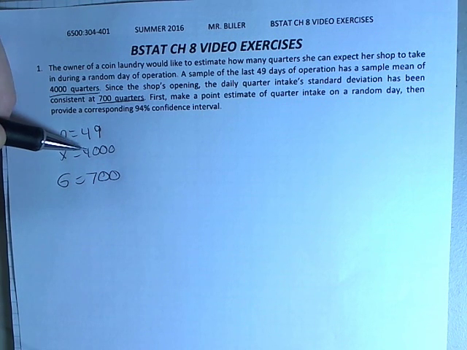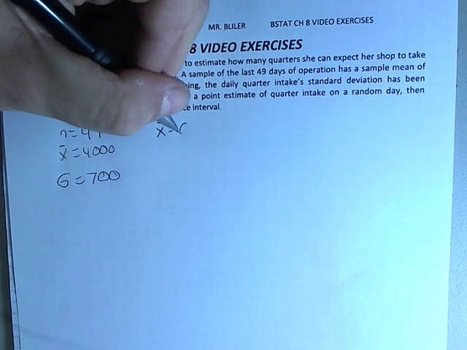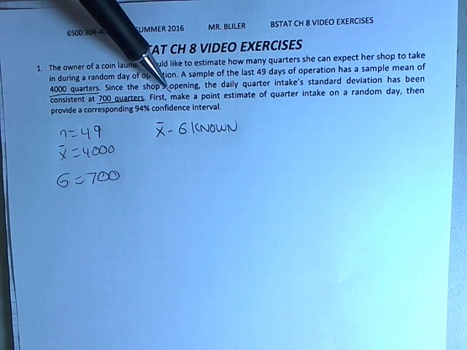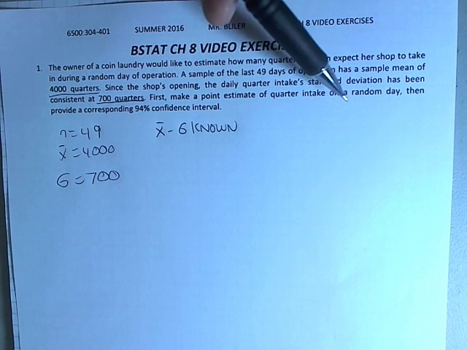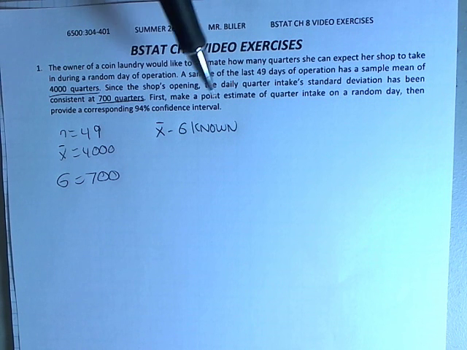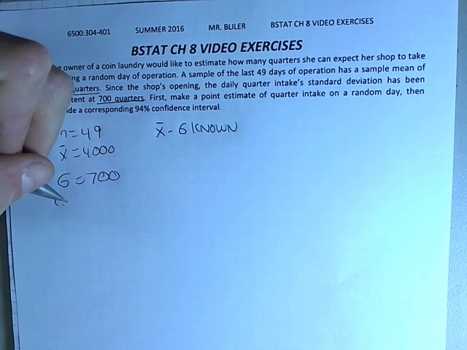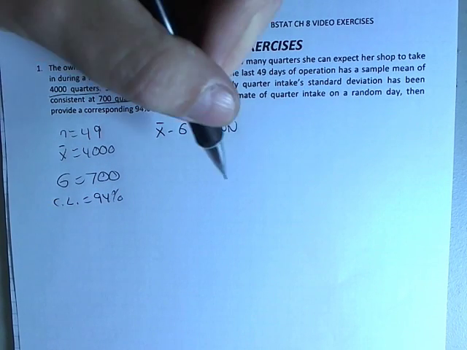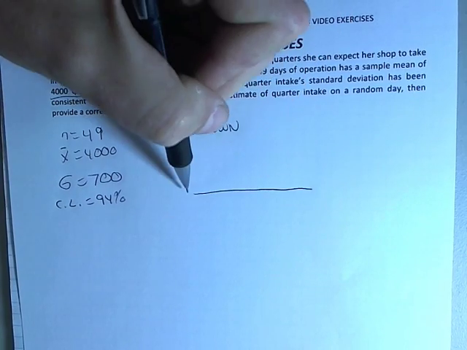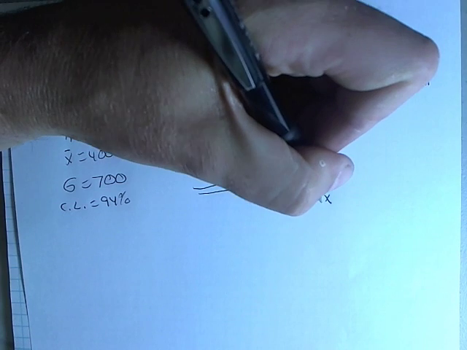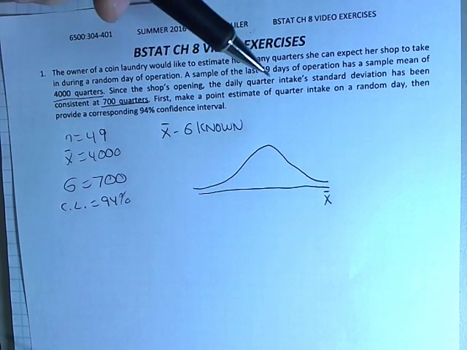We're working with a sample mean, so we're going to use the x bar sigma known technique. Here we're asked to first make a point estimate of a random day's quarter intake, then to provide a corresponding 94% confidence interval. So let's get started on that. I'll go ahead and jot down our confidence level is 94% here. And first we're asked to come up with the point estimate,